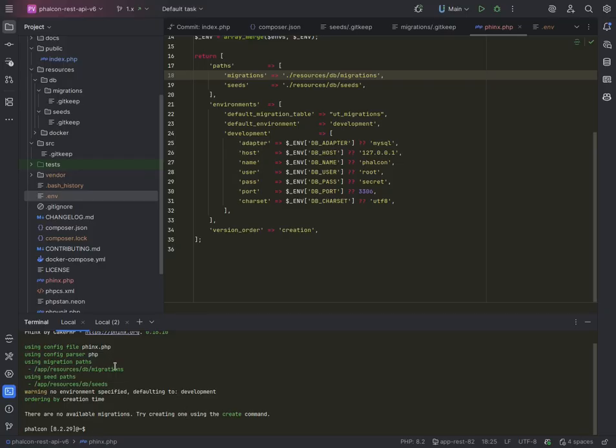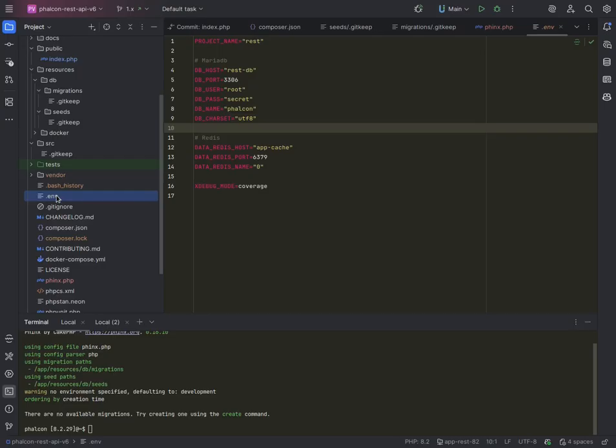Now I did connect to my database. The database has been defined, let's look at the env, as the rest-db, and that's the database that has been set by the Docker Compose file. So what we can do is create one migration just to create a users table, and we're going to work on that as we go along in this particular series of